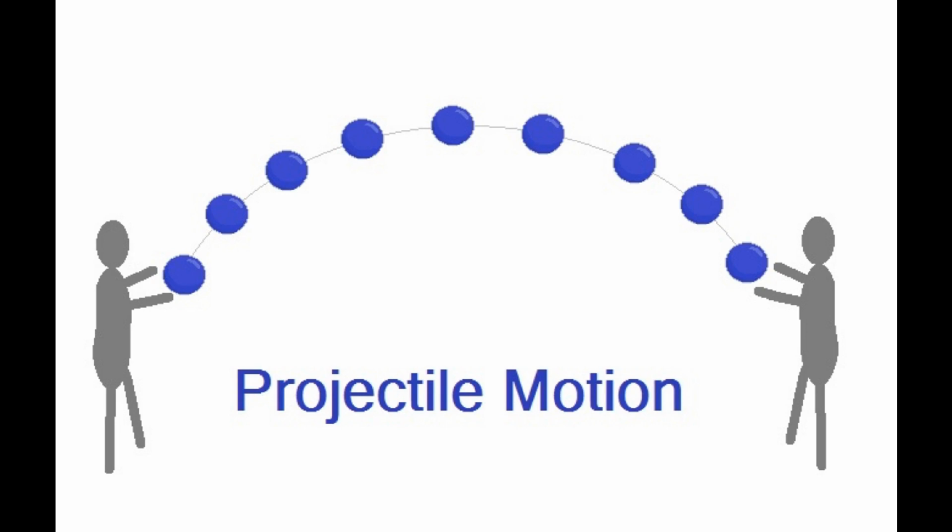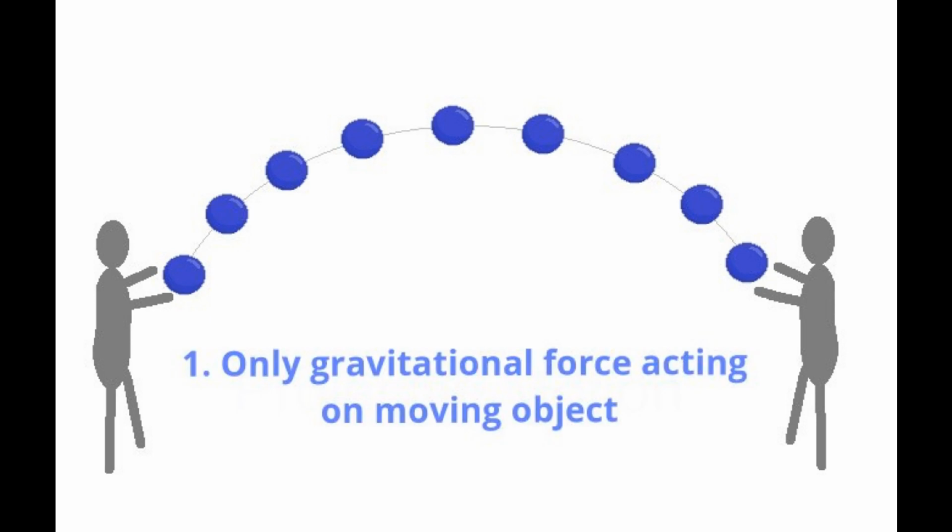Hello students, today I will run through the 5 most important things to remember when we are working with projectile motion. Number 1. How do we know when it is a projectile motion problem presented to us? We can always test this by checking whether the only force acting on the object in motion is gravity. If we determine that there are no other forces acting on the moving object, then we have a projectile motion